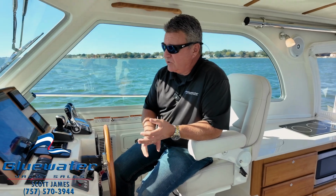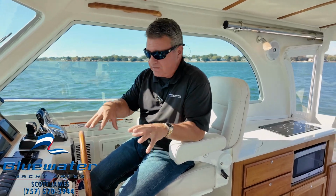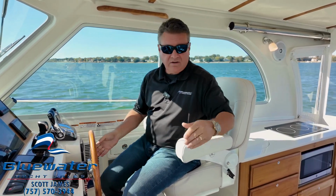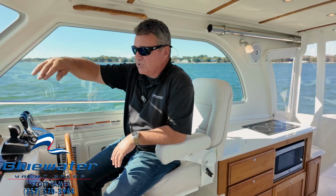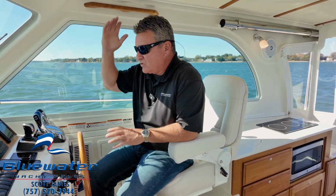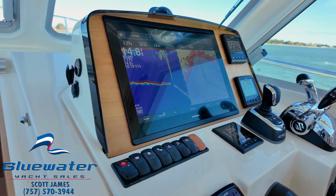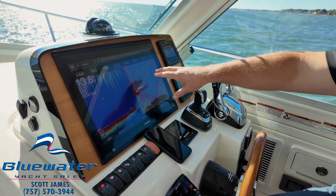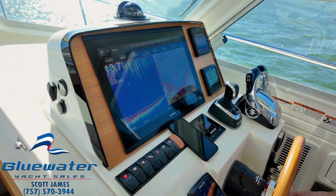We have the upgraded generator. We've got the upgraded HVAC system, so we have HVAC here at the helm. We've got a custom backdrop curtain, as well as custom side and front mesh windshield covers. Electronics display, we've got one giant Garmin screen, big MFD. I currently have it on bottom machine here, autopilot's at the top, and I've got chart plotter with radar overlay